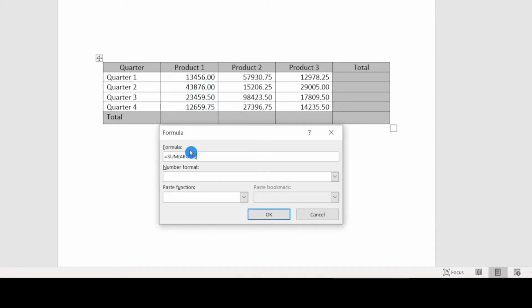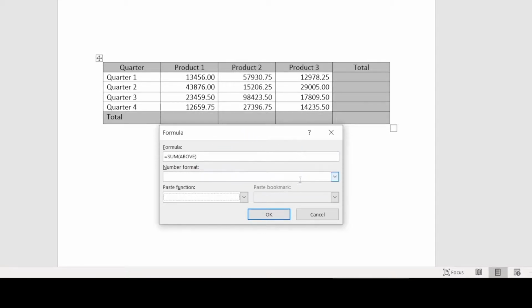Now this is one option. Now we have other options also. You can see if you click on this particular drop down, you will be able to see different other formulas which are available. While I know this is not that extensive like Excel, however, commonly used functions are already there. The minimum, maximum, average, all those things are available. So you can check as per your requirement. In this particular video, I wanted to show you this sum only.